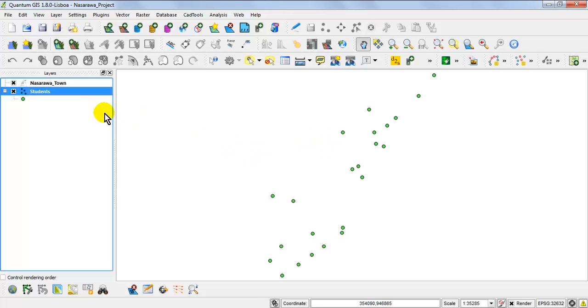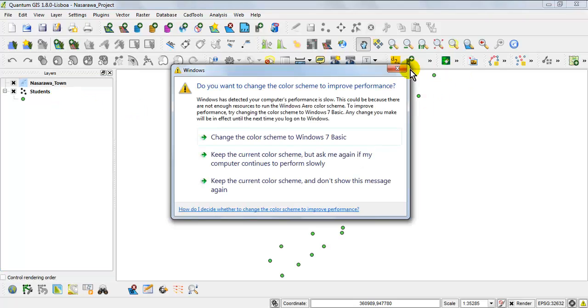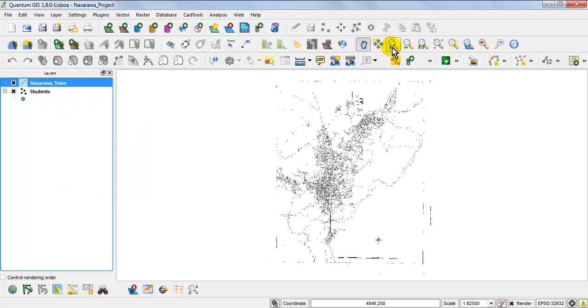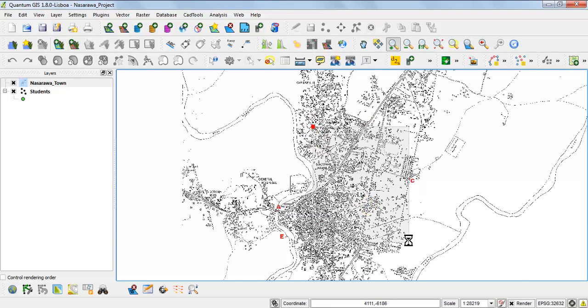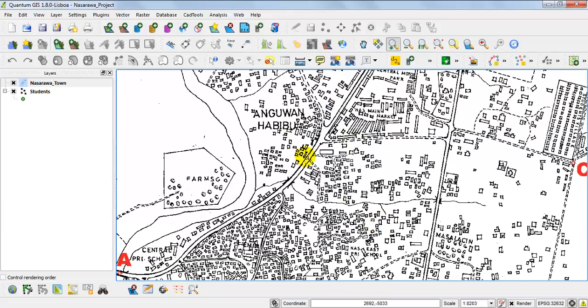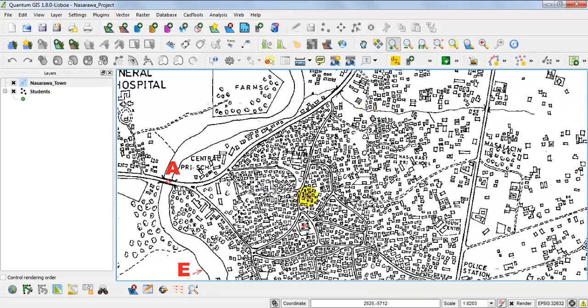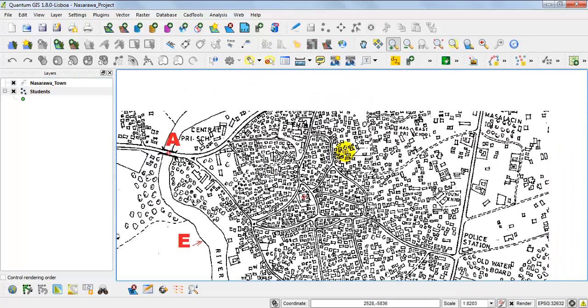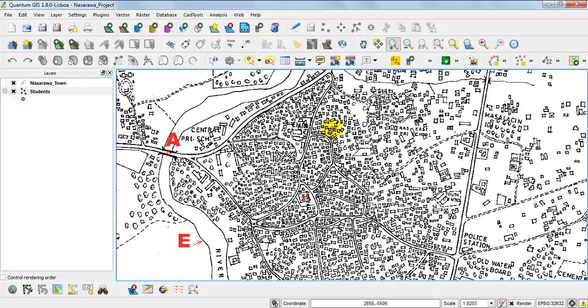So now what I'm about to do using georeferencing is to overlay the raster image on the student's location so that it will occupy its original coordinate environment, just as it should be in the real world. After all, these students' locations were picked from places within the town, just as it is in the real world. So these students' locations are supposed to appear somewhere around here, not far away and outside the map or outside the raster image.